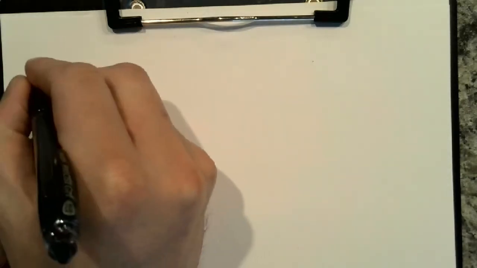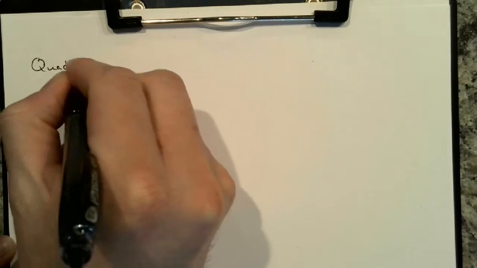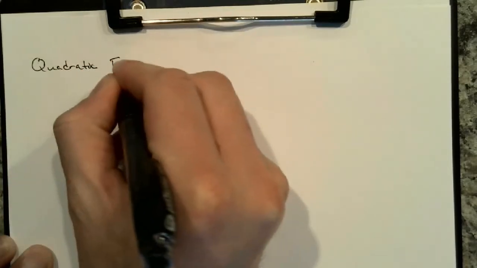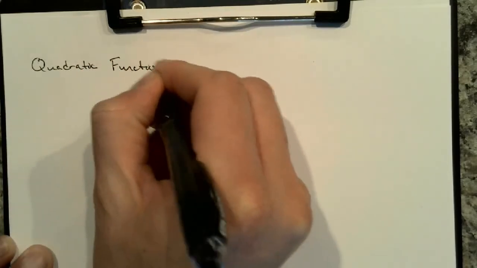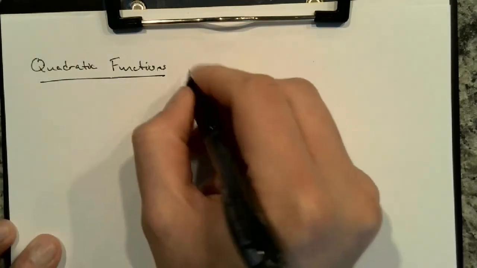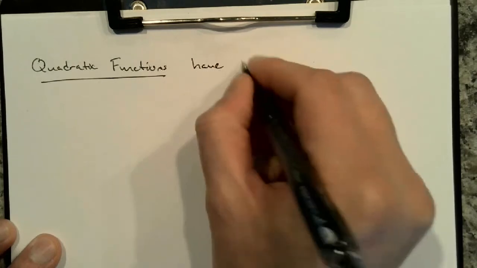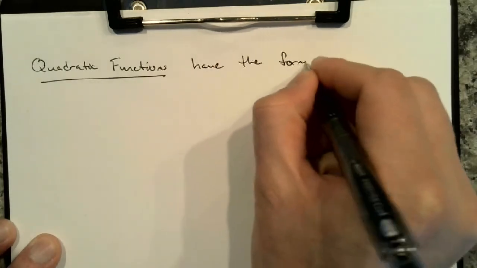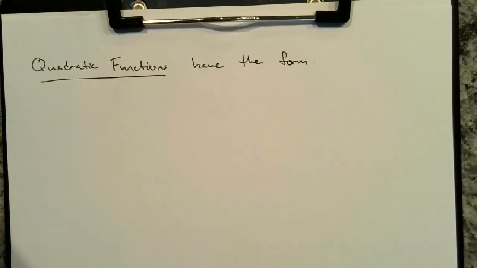This video is on graphing quadratic functions. Let's start off by defining the type of quadratic functions we'll be looking at. So quadratic functions have the form, or can be written in the form,